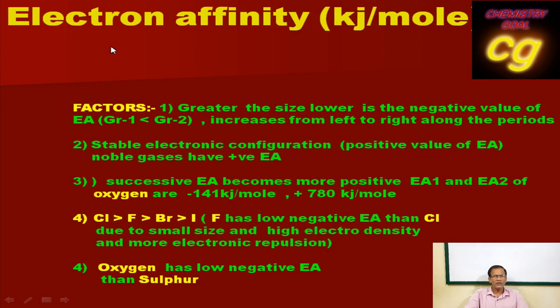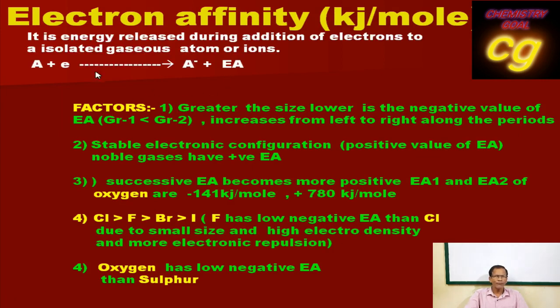What is electron affinity? Electron affinity is the energy released, whereas in ionization energy the energy is required, but here it is just the opposite, energy is released during the addition of an electron to an isolated gaseous atom or ion. When you add an electron to the atom, the nucleus attracts the electron. During the attraction, it releases energy. This energy is called electron affinity. So electron affinity is nothing but the energy released, but ionization energy is the amount of energy needed, required. So this is the difference.